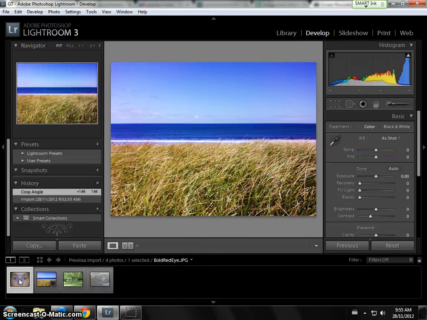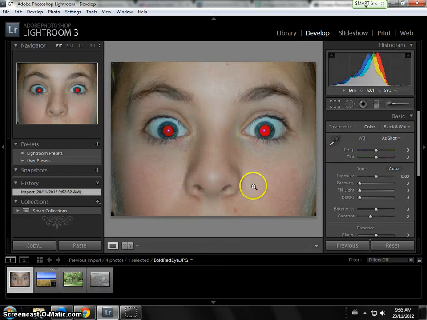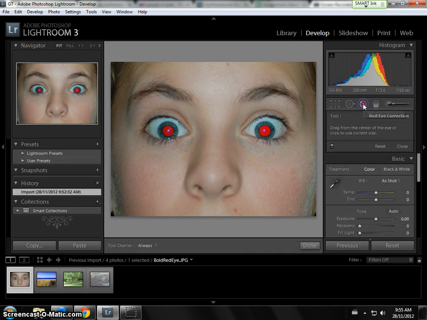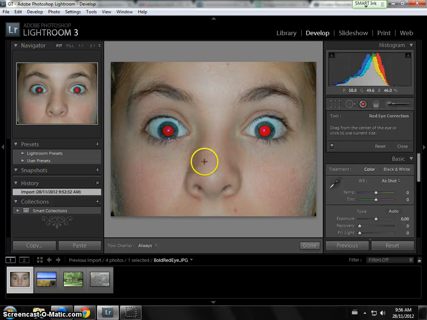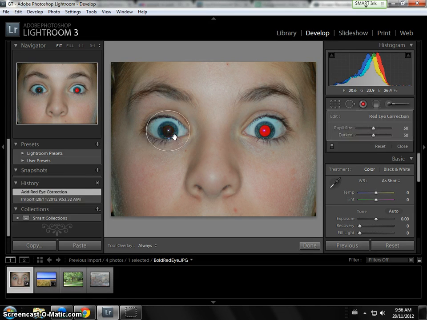I wanted to show you now the next one, which is the red eye tool. So this is the one over here. If you click on this one, it's not the same way as Photoshop. Oh, sorry, I clicked the wrong thing. So you have to click and drag: click in the middle, and drag to set the size. Put it as close to the edges as you want, and then just let it go, and it will